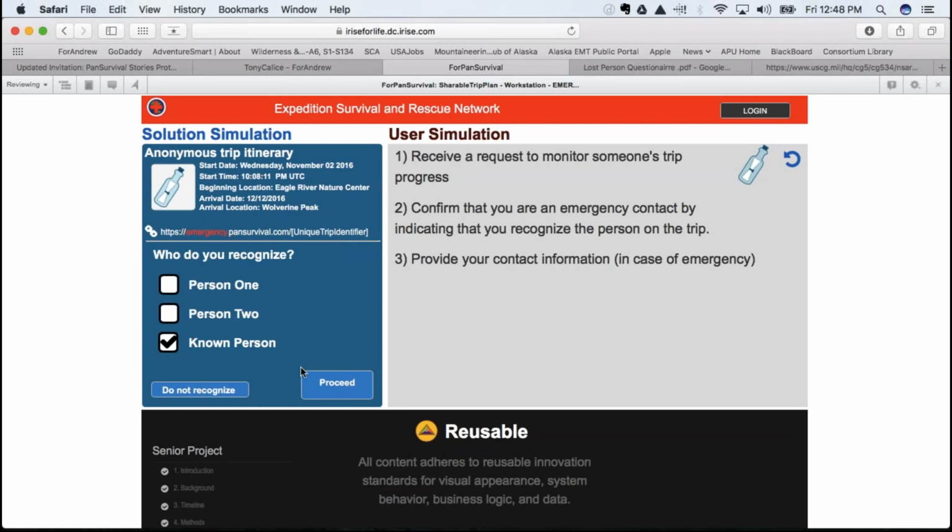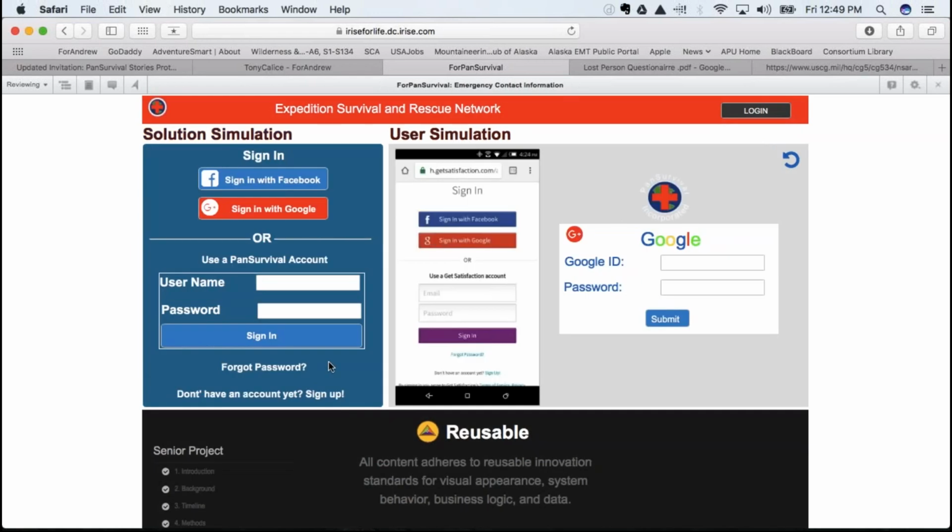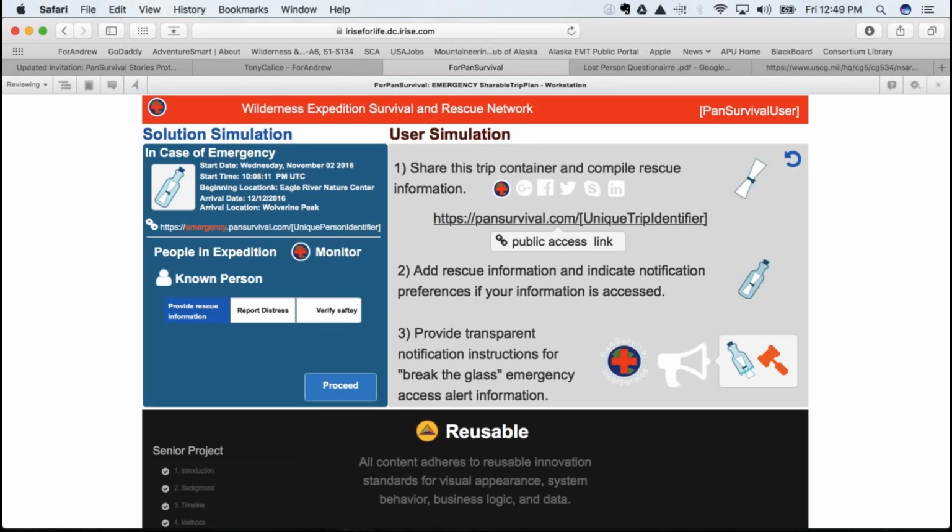And I need to add the business rules because then after that the proceed becomes available. So you click proceed, and there's kind of that firewall in there, or that password thing, so you have to sign in. And right now, does clicking sign in take you there? Does that work? Yeah. Oh, cool. So if you typed it in, you could just sign in. And that's where we'll have this next flow with the providing rescue information. Right. And we'll circle back on that one, but that's where the rescue information, based on what they had filled out before, if you had indicated that,